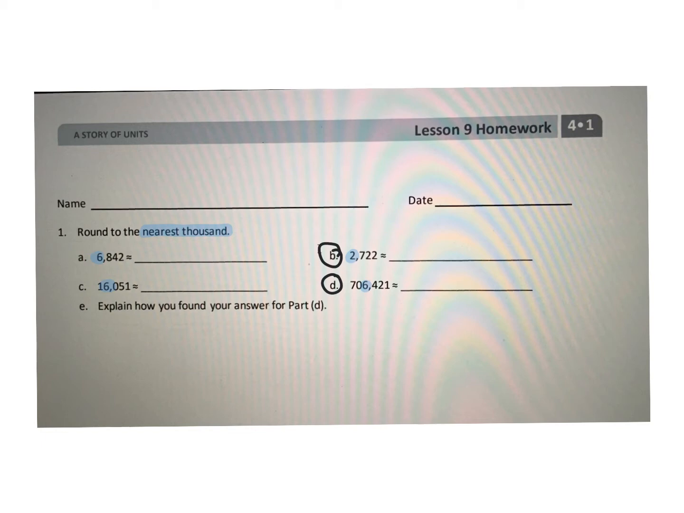So if we look at B, we have 2,000. So we know we're going to either round down to 2,000, or we're going to round up to 3,000. Now I'm looking to the digit right to the right of my 2, and it's a 7. That is closer to 3,000. So I'm going to round up to 3,000. Now, if I look down here at my 6, I'm either going to round this to 706,000 or 707,000. So I'm looking to my digit to the right, and I have a 4. That's below 5, so I'm going to round this to